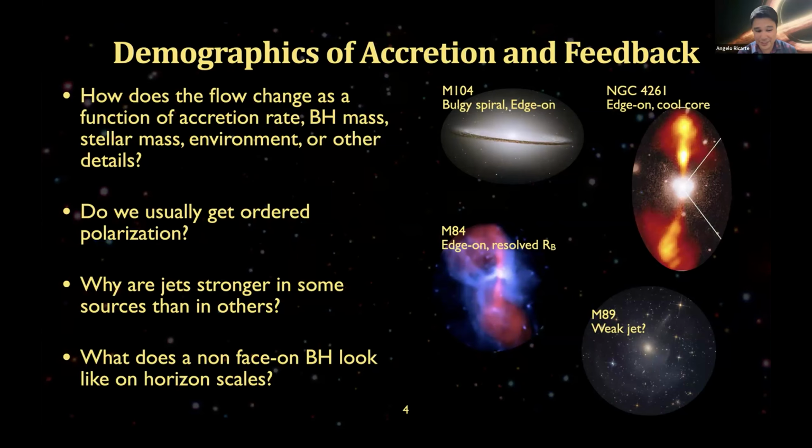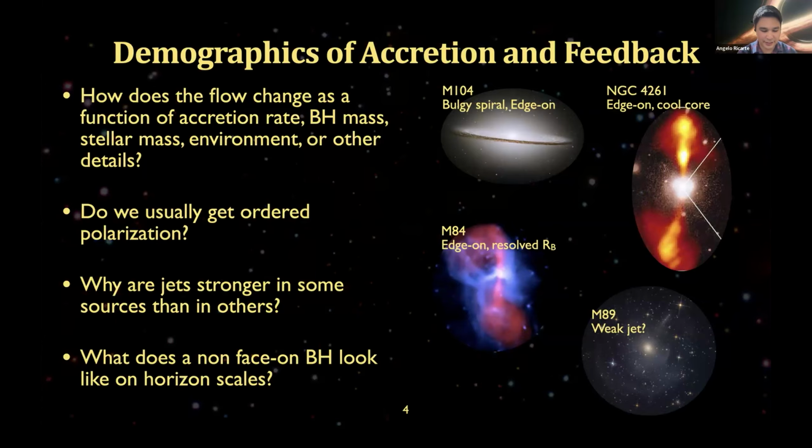And one thing we certainly get for free is what a non-face-on black hole may look like on horizon scales, since it seems nature gave us both M87 and Sagittarius A* relatively face-on. A more edge-on inclination perhaps will be more sensitive to otherwise invisible electrons in the disk that may be doing some kind of asymmetric Faraday rotation and depolarization on the image, for example.